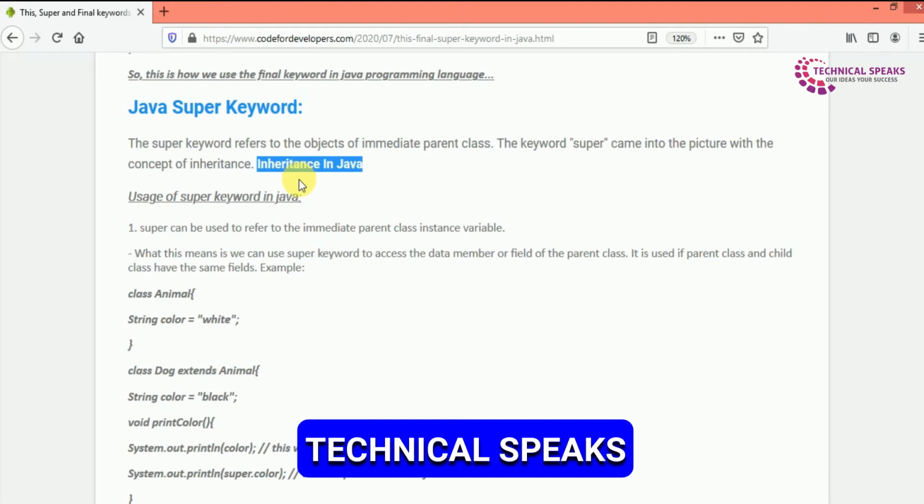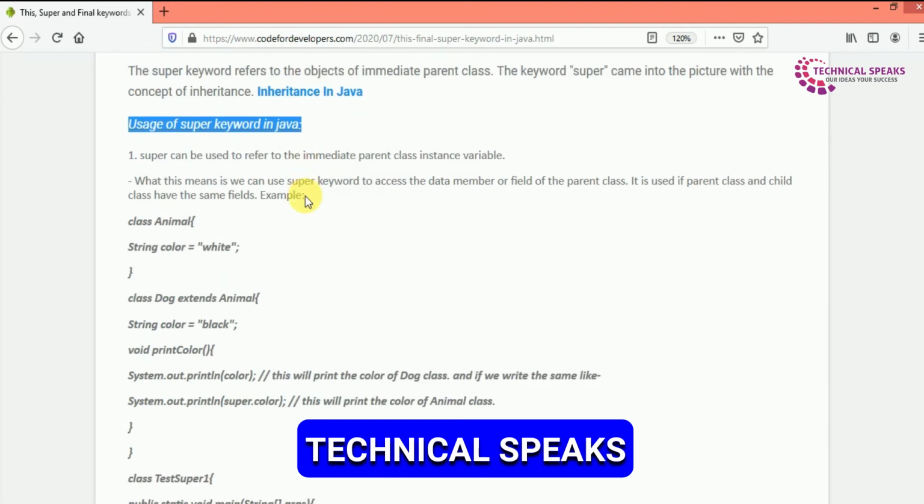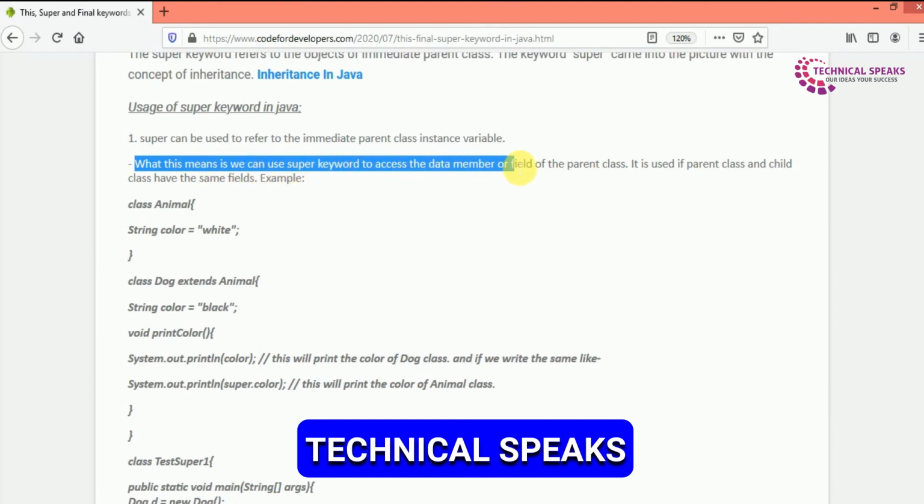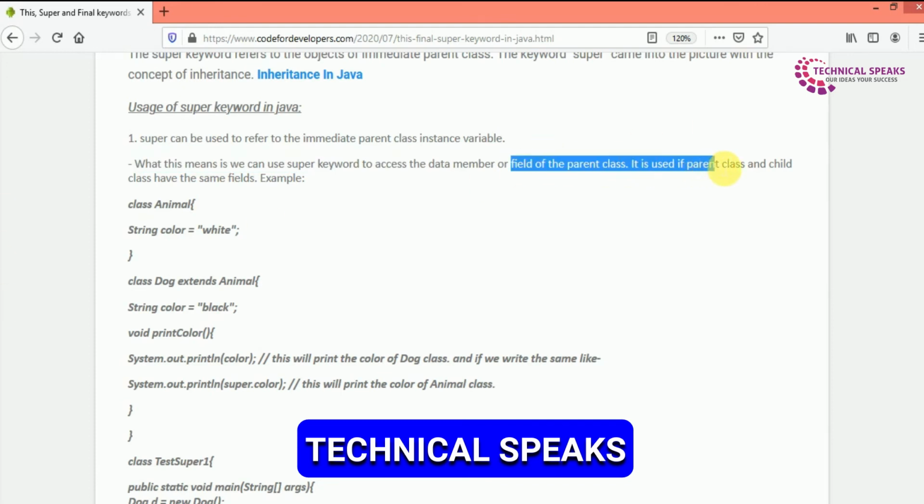Now the next thing is what are the uses of the super keyword. First, super keyword can be used to refer to the immediate parent class instance variable. What this means is we can use the super keyword to access the data members or fields of the parent class. It is used if parent class and child class have the same field.